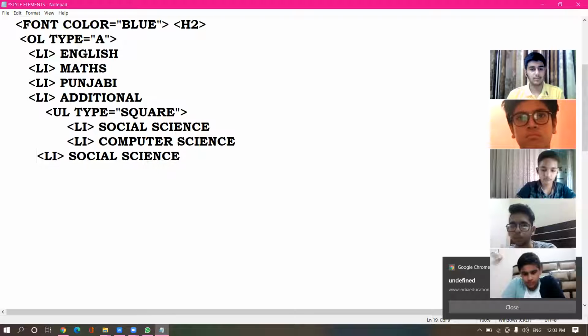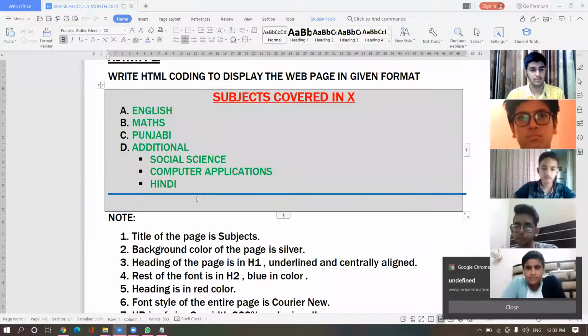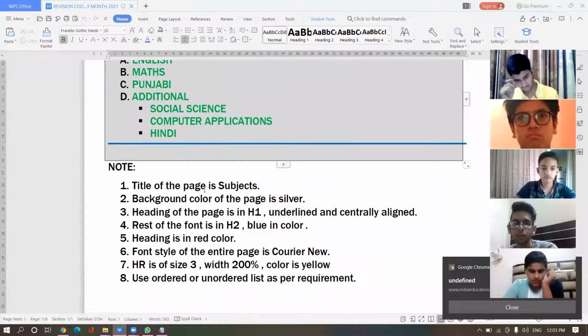And then Hindi. Clear? So now the unordered list will be closed here. UL tag close. After the UL, we have to close the main list from where we have started, that is OL tag, ordered list. Clear?